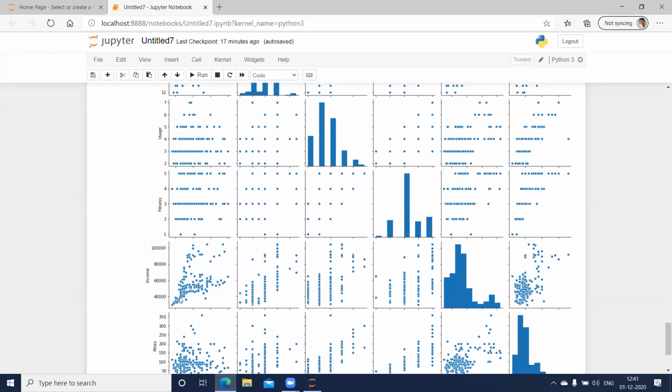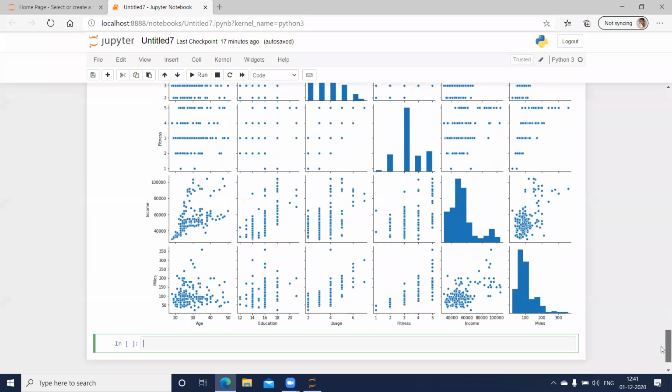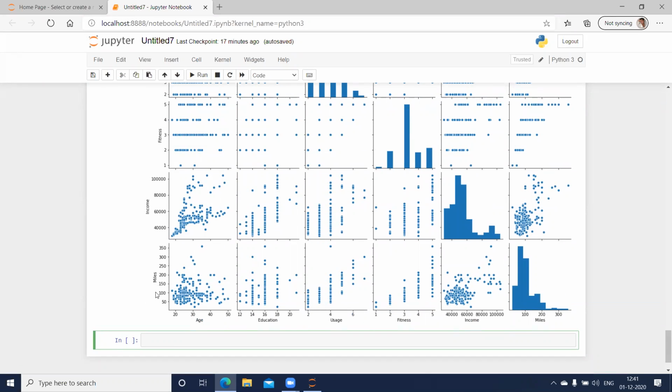Again here you can see this relation, income versus age, there's a relationship, and miles versus age also has some relationship, and miles versus income also has some relationship. So based on this information, once we do the PairPlot, referring to all these values, it can help me understand which variables I should focus on and try to find the relationship. If I want to know, let us say, the standard deviation of my age, I can make use of